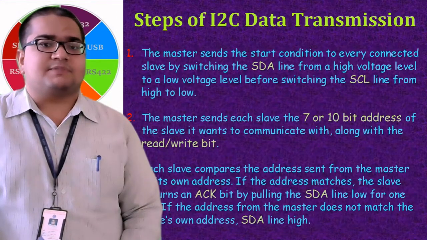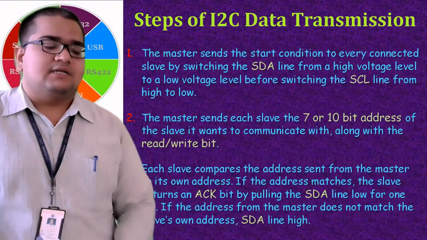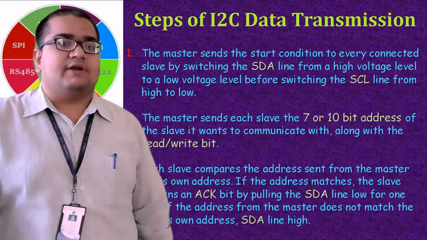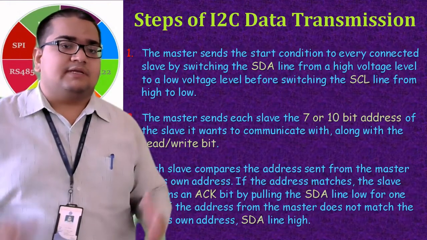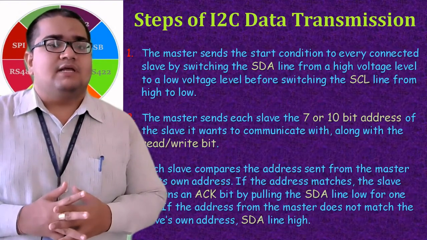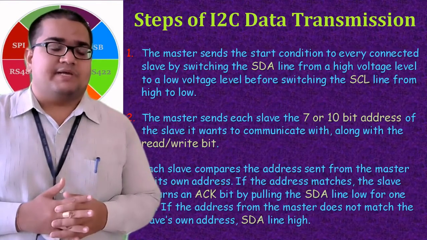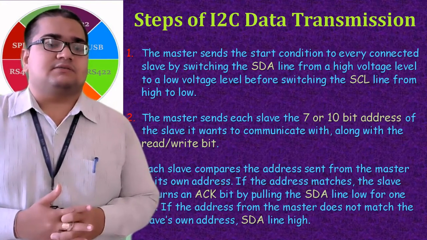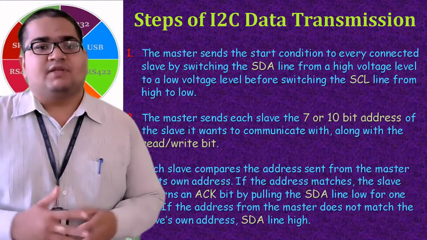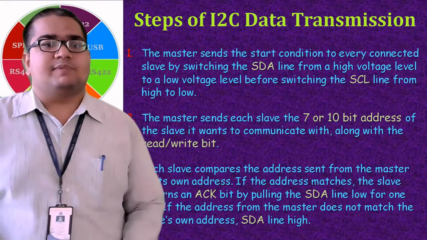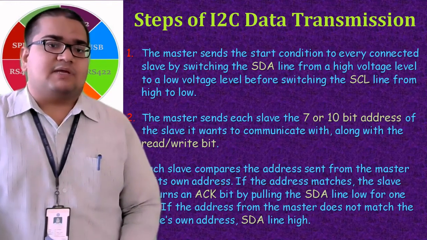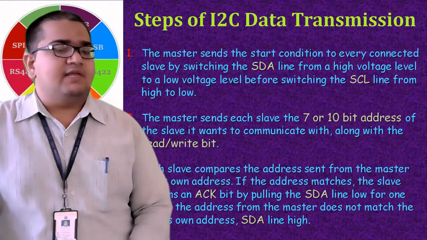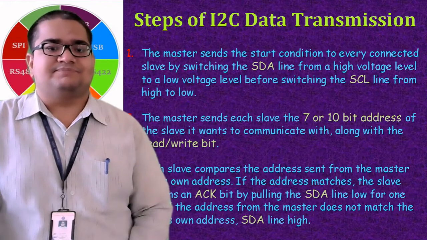We have also seen the steps of how to initiate this type of communication, how the master initiates this, and how the slave responds accordingly. All the control is with the master, whether the master wants to be a transmitter or it wants to be a receiver, just listening from the slave, reading the data from the slave. So this read-write operation bit also will be part of the address when the master sends it to the slave, which will decide whether the direction of the communication will be from master to slave or slave to master.